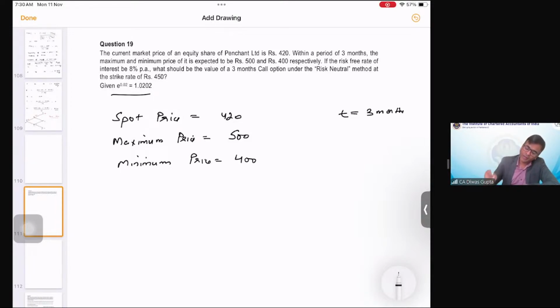If the risk-free rate of interest is equal to 8% per annum, what should be the value of a 3 months call option under the risk neutral method? And the strike price is actually